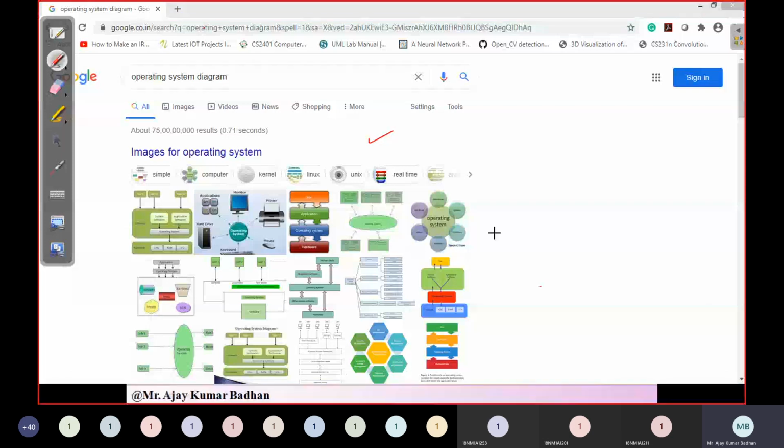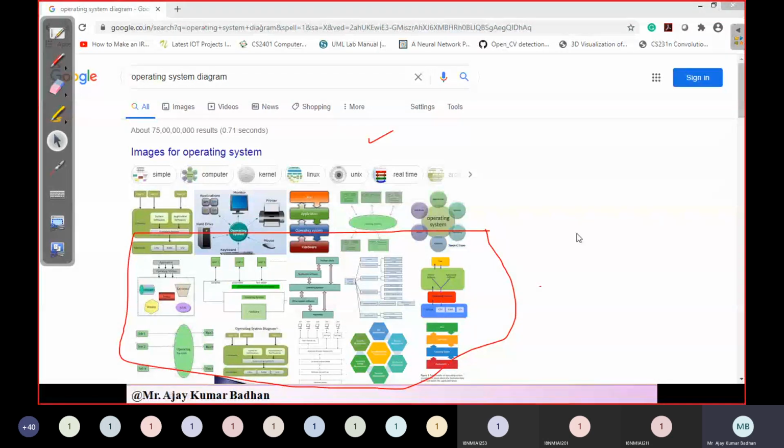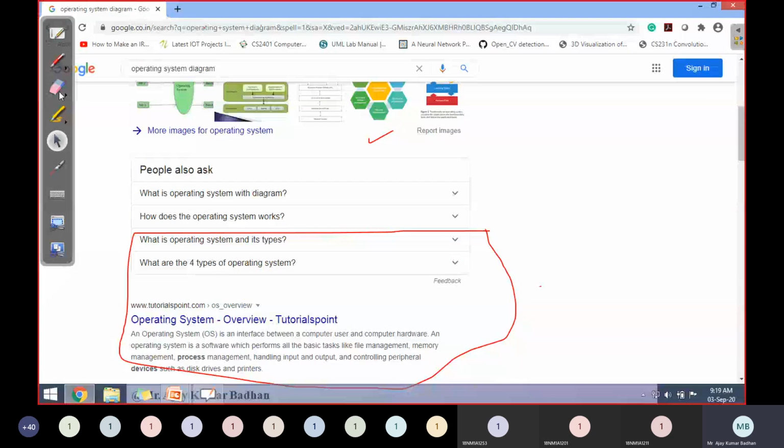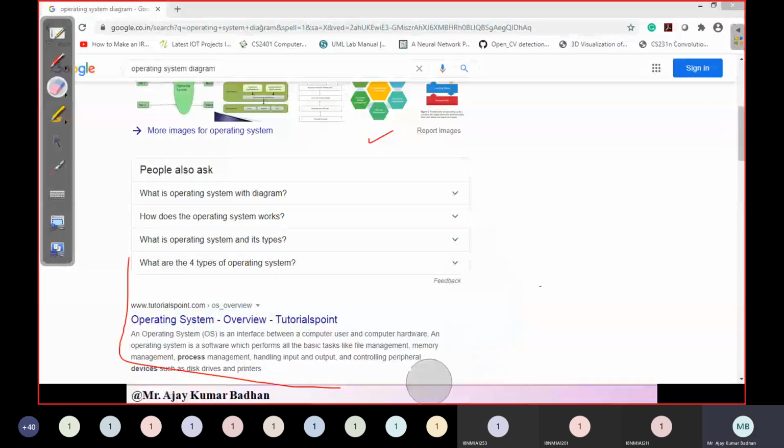All these diagrams that you are seeing here are handled by one particular thread. Coming to this particular portion, the feedback and operating system text, this is a set of statements, and these statements are handled by one particular thread. So these threads are created within the web browser. This is a process, and I already told you how these processes are being used here.